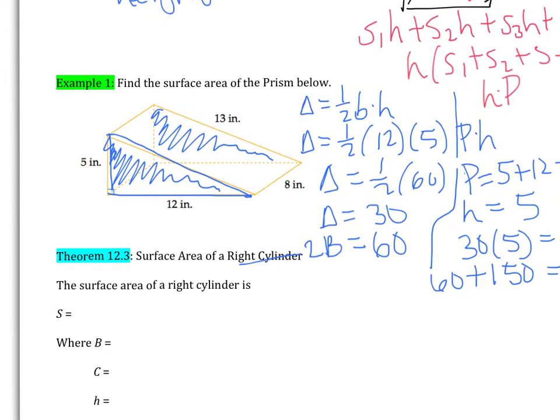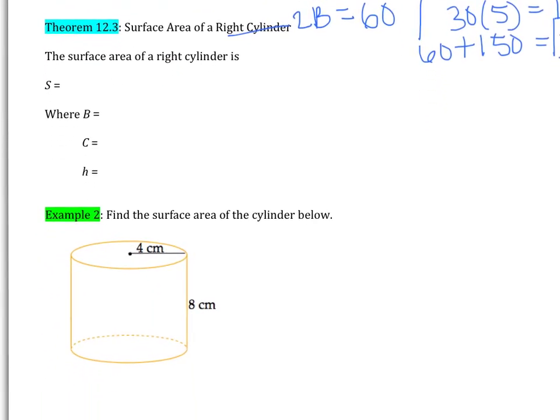Okay, theorem 12.3 deals with the surface area of a right cylinder. Once again, that just means that the height of that cylinder is perpendicular to the base. The surface area of a right cylinder is represented by the letter S, and it is very similar to the surface area of a prism. It starts with 2 times the area of the base,